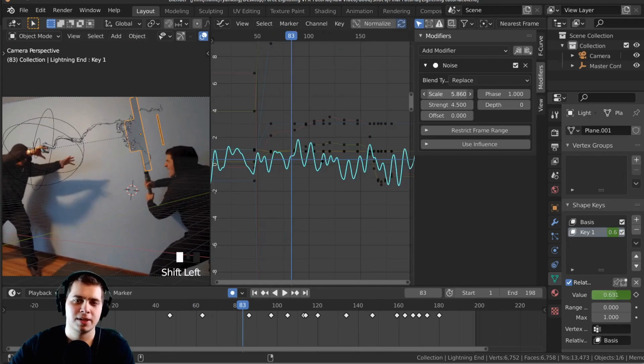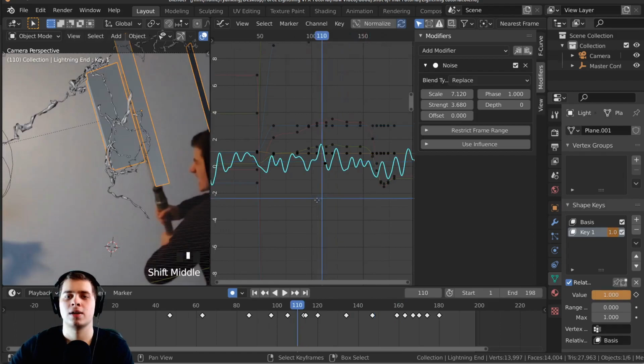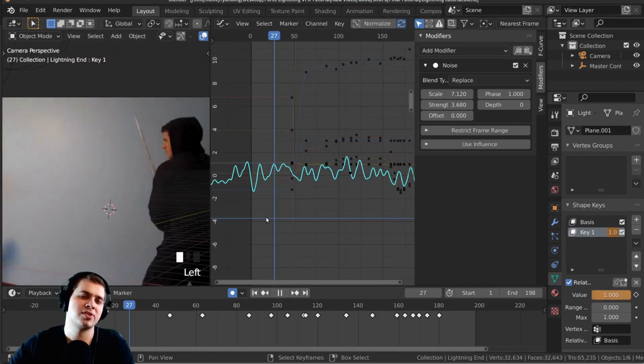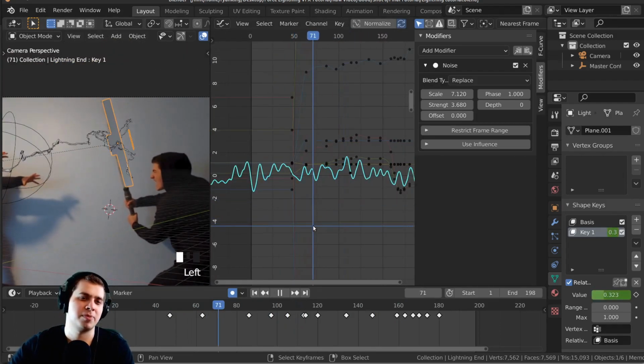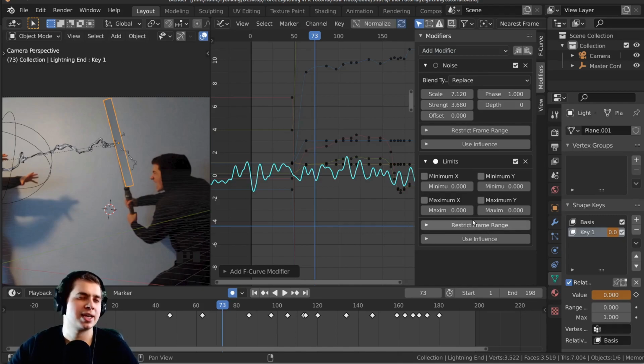So something like that. Maybe turn the scale up a little bit more and the strength a little bit down. That's looking good. Now I don't want it to be flickering the entire time because I don't want it to start flickering till maybe here. So I'm going to add another modifier, and I'm going to add the limits modifier. And this way I can limit the first one, which is the noise. So first thing I'm going to do is limit X. And if I limit X, then I can limit where it's going to start. So if I just keep on moving this, I'm just going to make it so it doesn't start till about